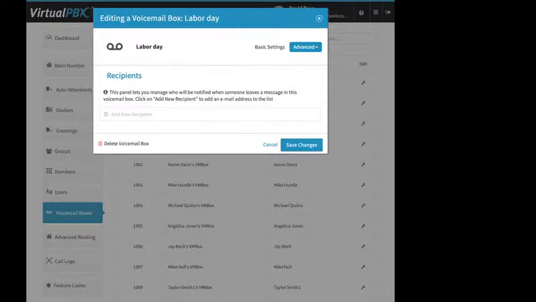Next up is recipients. Now, your user voicemail boxes already have a recipient built in, right? It's that email address used for login. That automatically gets the voicemails. For any voicemail box that we create manually, like let's say we're creating it for our ring groups or our ACD queues,